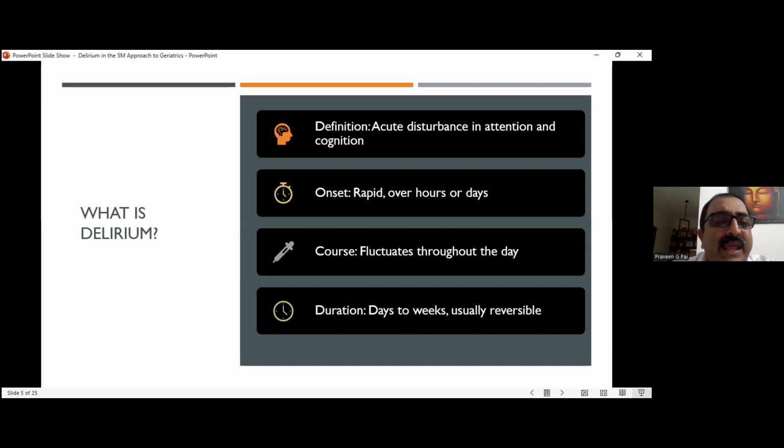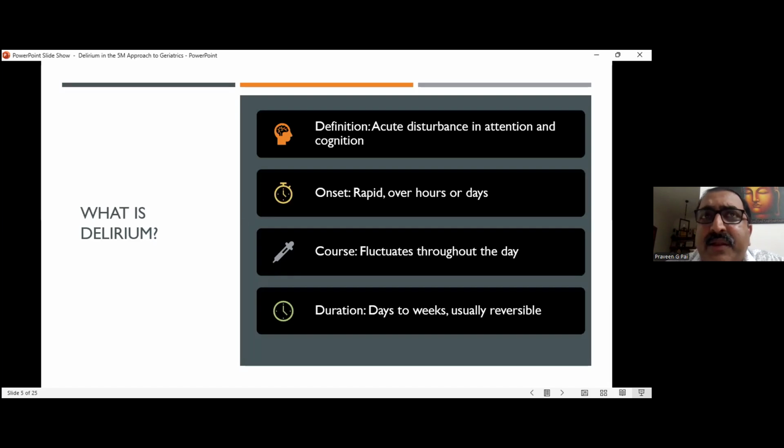So now let us just quickly recap what is delirium. That's the focus today. Delirium is nothing but, we see patients or persons at home whom we say are talking irrelevant things, not attentive. All these complaints can come. It's basically an acute disturbance, meaning it's not for a long time. It starts suddenly. So it's an acute disturbance in attention and cognition.